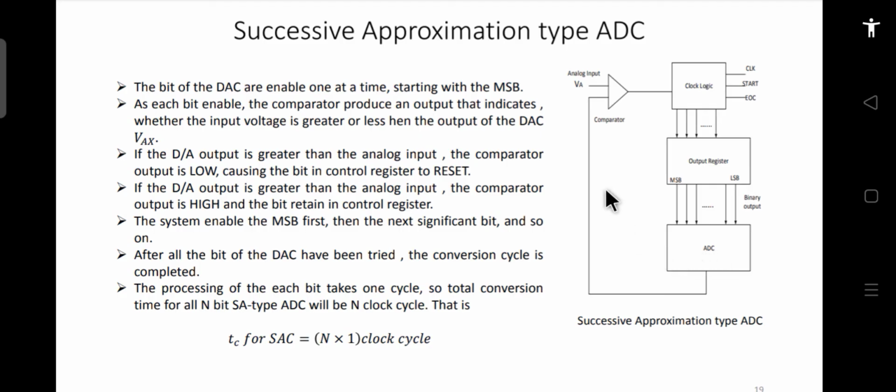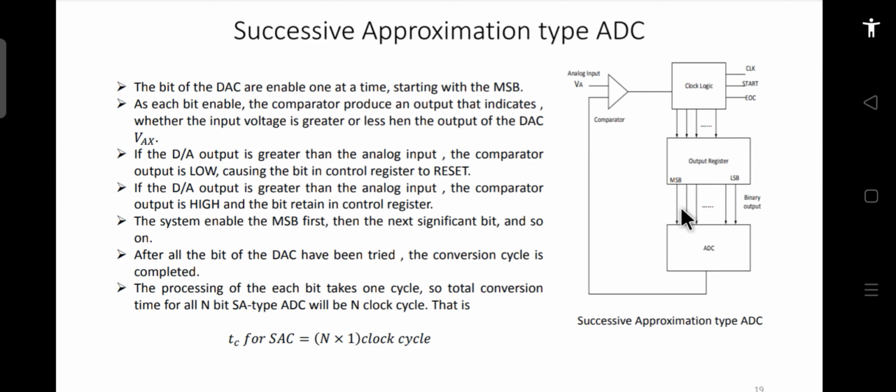So when you apply some input here, this is the positive terminal, this is the negative terminal. This input will be greater than this, so the output will be 1. This is a clock logic, and this output register is there.